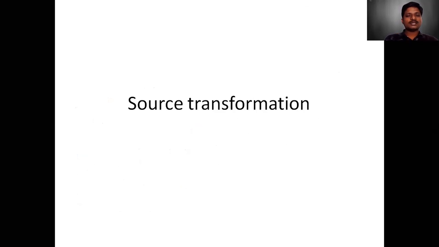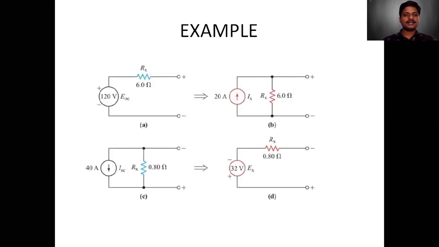Sometimes in order to get the answer in a faster way, you need to apply the source transformation technique. That will simplify the circuit diagram so that you can apply mesh or super node analysis or nodal analysis in a simple way. Source transformation means, we know what a source is. A source is an active element which is capable of supplying energy. So whenever you are having different types of sources.